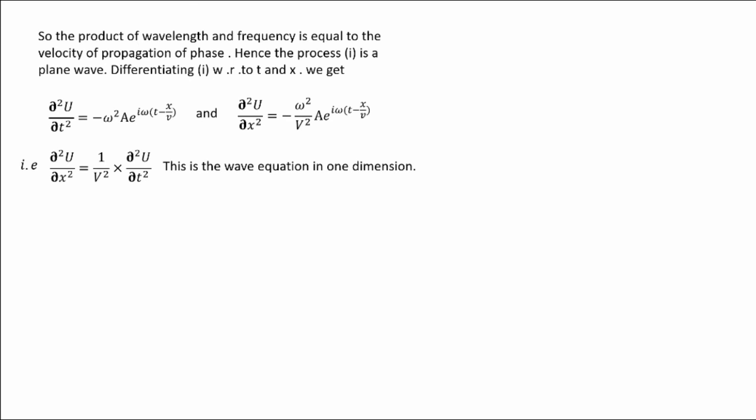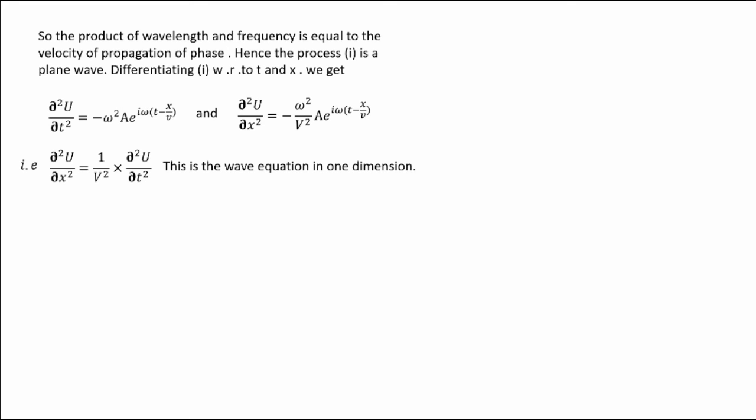And this equation is called the wave equation in one dimension. So write it down and note it, it is an important item. It may be set in the question: derive the one-dimensional wave equation for free particles, then you have to derive up to this line. Del square u by del x square is equal to 1 by v square into del square u by del t square.